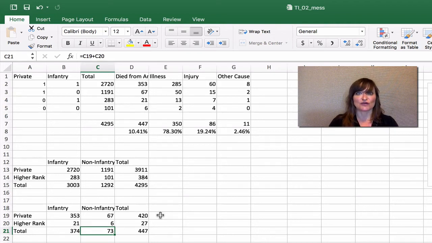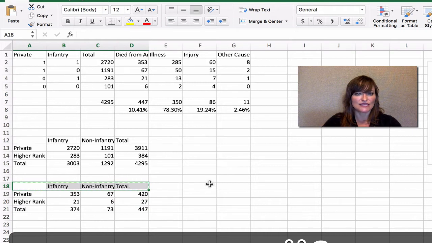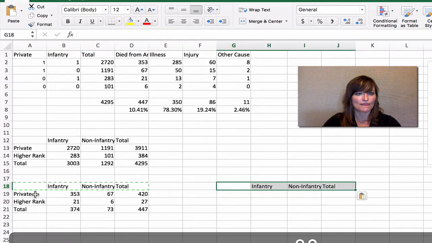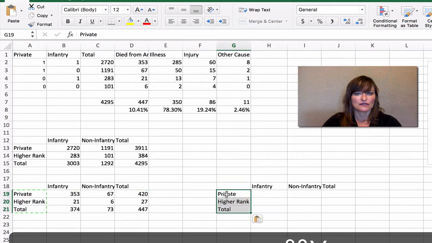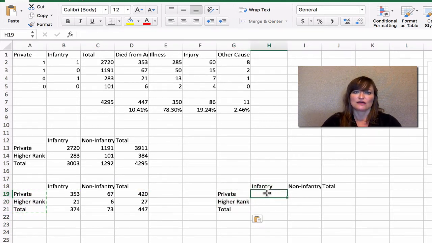So we're going to need to do a percentage. It's going to be very like the percentage table that we did for just the total number of soldiers in those groups. So we need to borrow our headers again. Let's just do that. We want of those privates in the infantry, what proportion died.